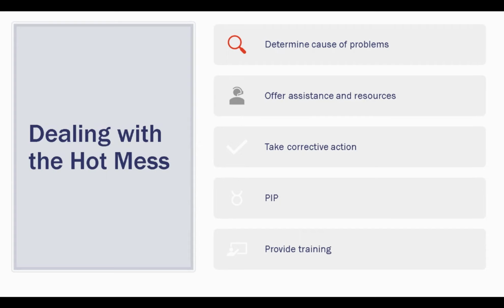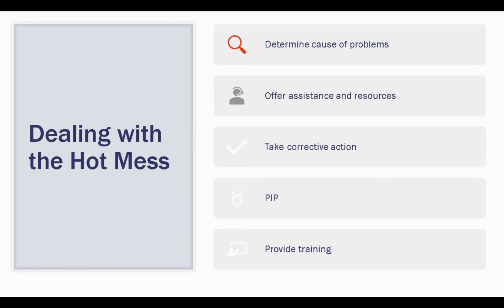If you've done that, then it's time to introduce a performance improvement plan or a PIP. And in the PIP, you will specify each of the issues that you have documented, dates, times, and what policy has been violated, whether that's agency or city or county.